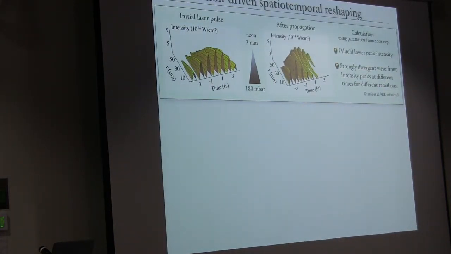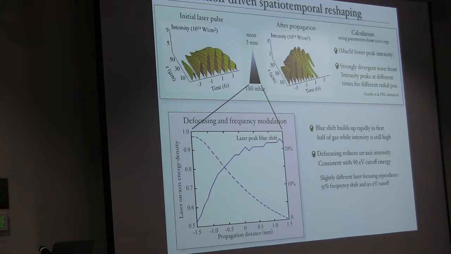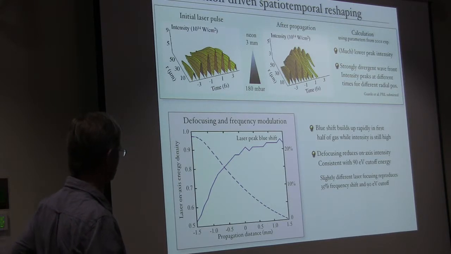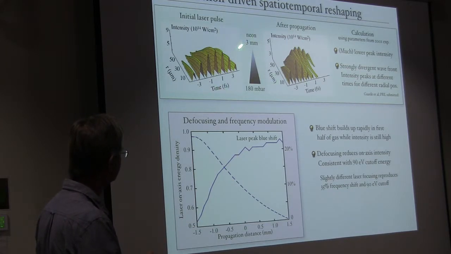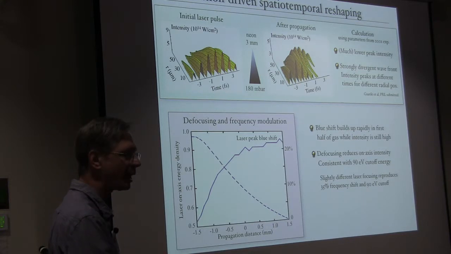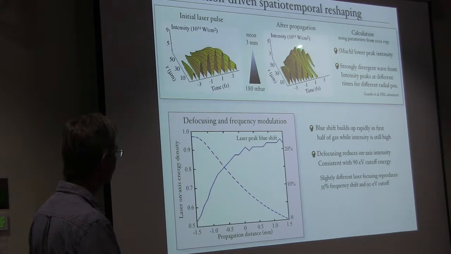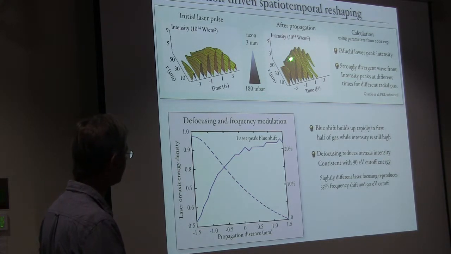So here's what we said happens, and I think generally they agree with us. Parents and Reiner were very, very helpful in providing all the data for this experiment. So here's your initial pulse going in. You have a neon gas. What happens in there is very rapid ionization, and the driving pulse gets reshaped into this very funny, odd-looking thing. Even though it has lots of peaks, most of them are off-axis and in very rapidly changing spatial